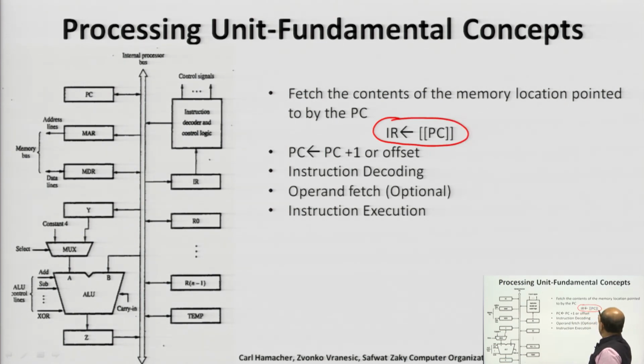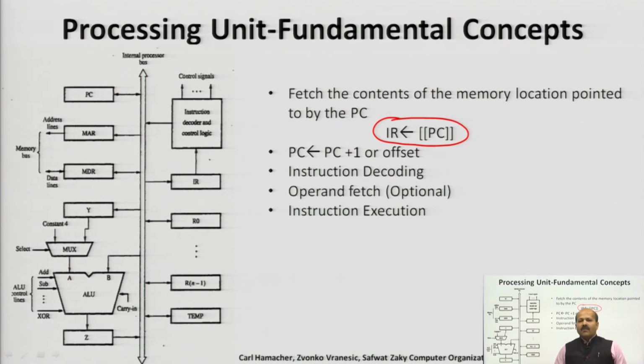See, this double bracket simply shows it is an address. This instruction is stored in memory, from where we have to fetch the content, and this data will be stored in IR, because this particular data is a type of instruction. So, when we fetch an instruction, we need a data transfer operation from the particular location given in PC, and that data will be transferred to the IR.